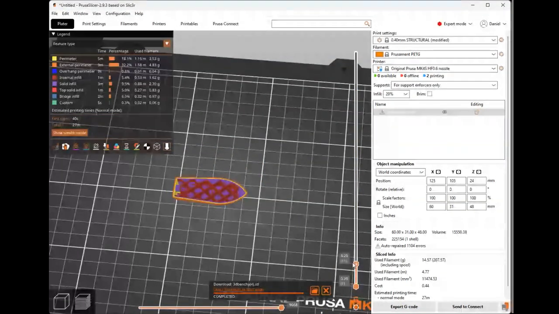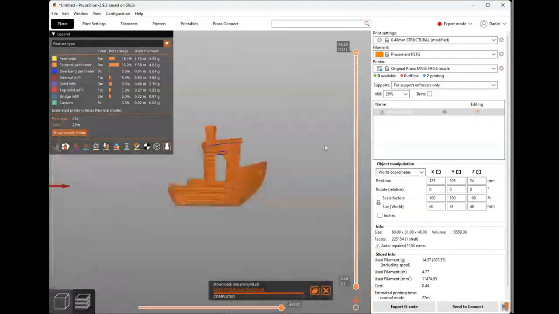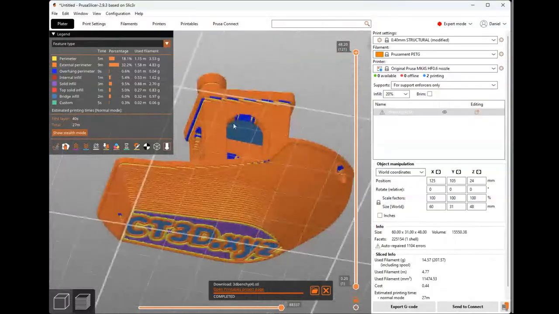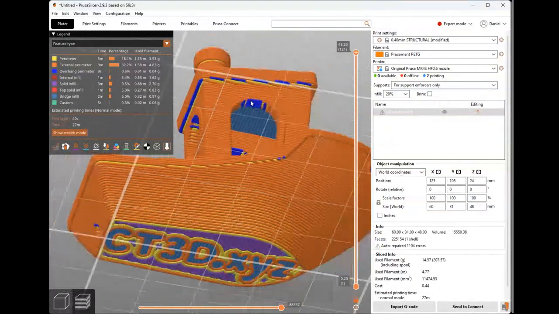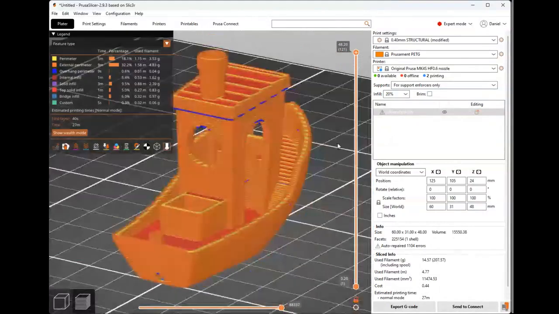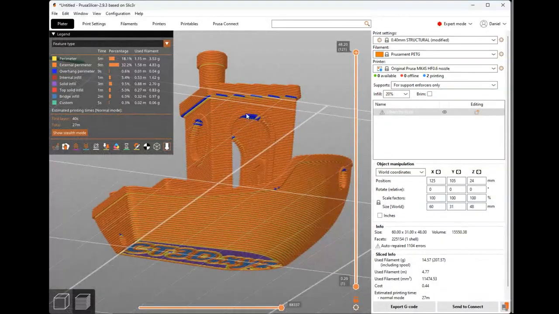And you can go through and see that there's nothing crazy. Anything that is at risk of falling is going to be painted dark blue, but this is all very small things. If you see a lot of blue, then it's probably an issue, but this is small and tight and close to the actual model body, so it's just going to sag a little bit, but it'll be fine. Then you hit send to Connect, and it opens up a new dialog window,